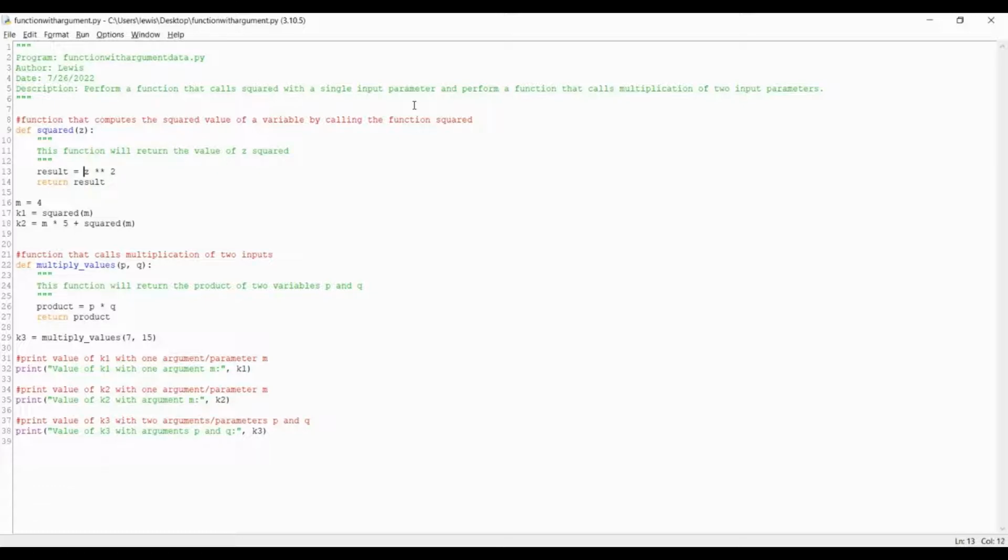Let's assign the word result equal to z squared, notated by z double multiplication sign 2, as this is how we input squared in Python. Press enter and type the keyword return result as we want Python to return the value of any variable input